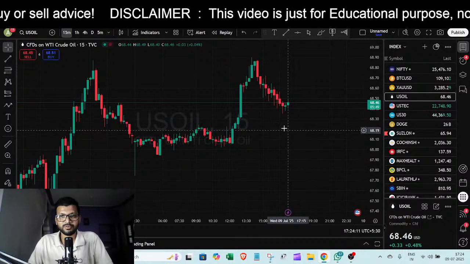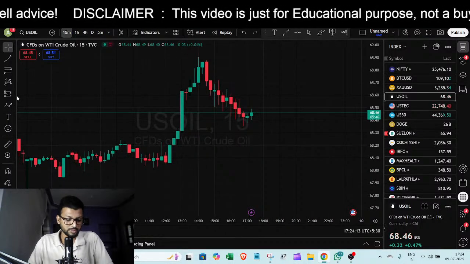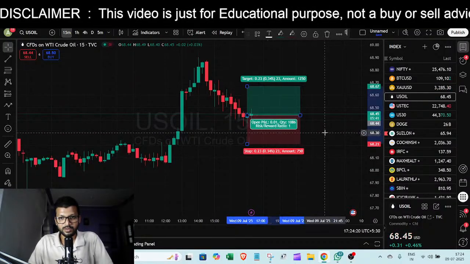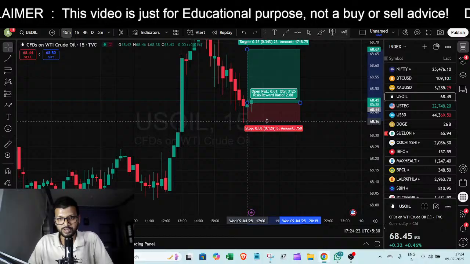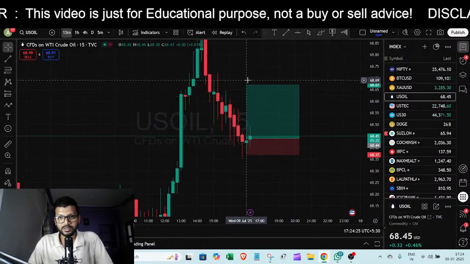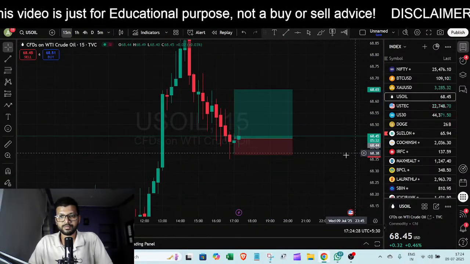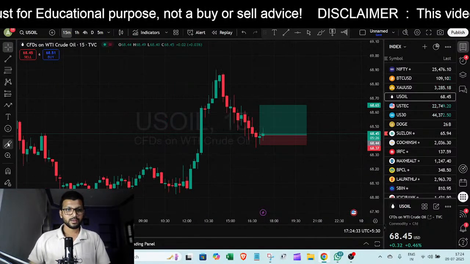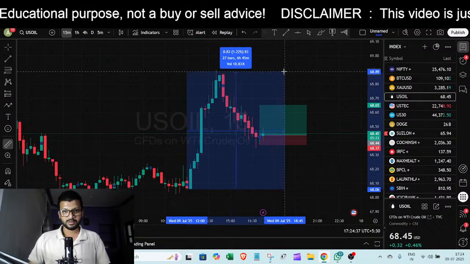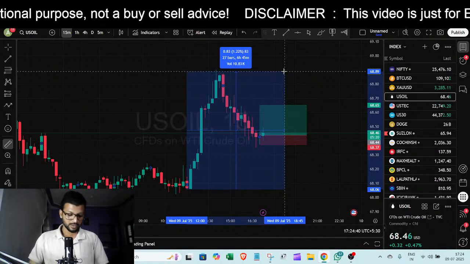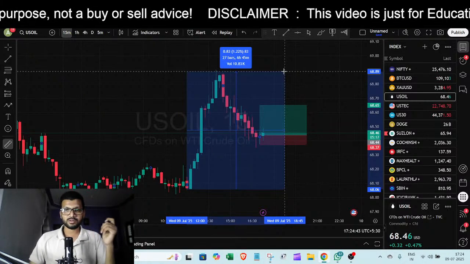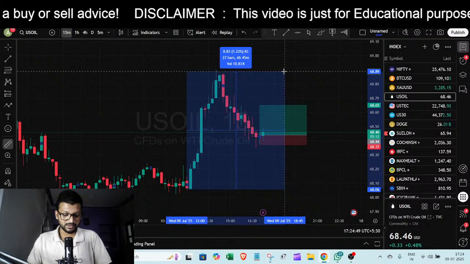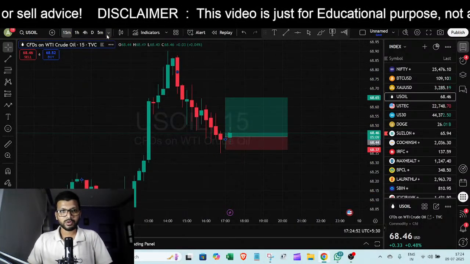If you check in 15 minutes, you can take a small SL of this doji candle. You can take this long position on this doji and keep the SL below this doji candle's low, and you can expect a target of 1:3. So this is our fresh trade in US oil, because as you can see there is good buying we have seen, and after this buying the market has started its reversal from its golden ratio, that is 0.5 and 0.6. And if you look at 5 minutes,